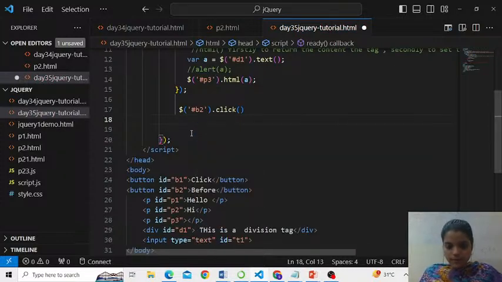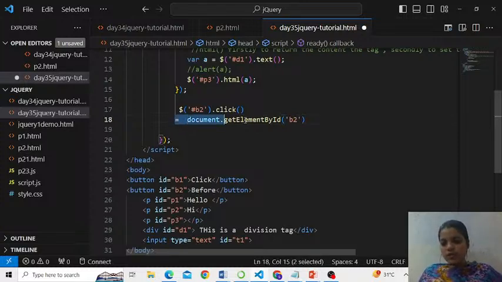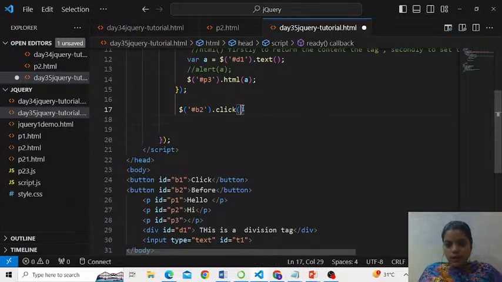Document dot get element by ID, that is B2. I hope you got my point. Dot onclick, attach the event handler and so on. So this is the shortcut of writing this code in jQuery. So if B2 is clicked, what do you want to do? Let me set this anonymous function and code it,